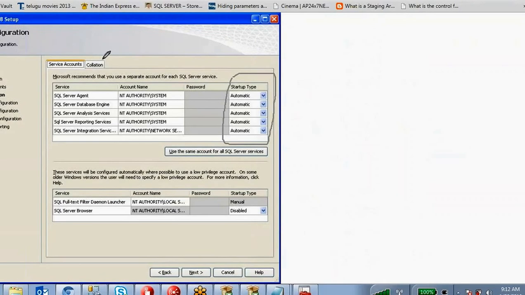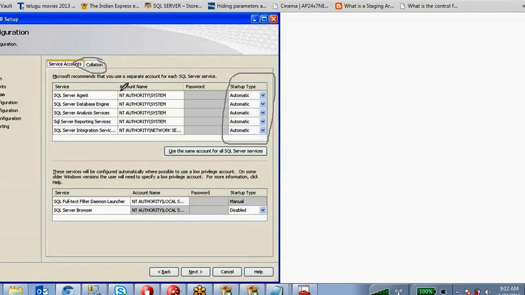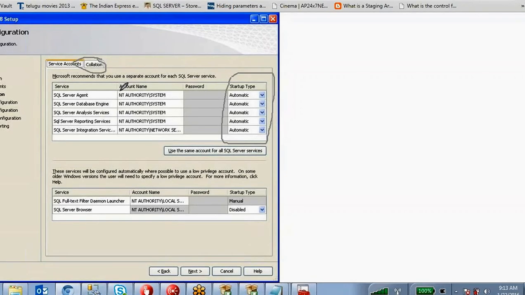Coming to the collation settings, these collation settings mean what kind of language you are going to use inside the SQL Server. That language, like English, Latin, or different kinds of languages. There are different kinds of English languages, right? So what kind of language you are going to support, and capital letters, lower-case letters, which one you are going to prefer? I mean, is there any case sensitivity? That kind of settings you can do in the collation.